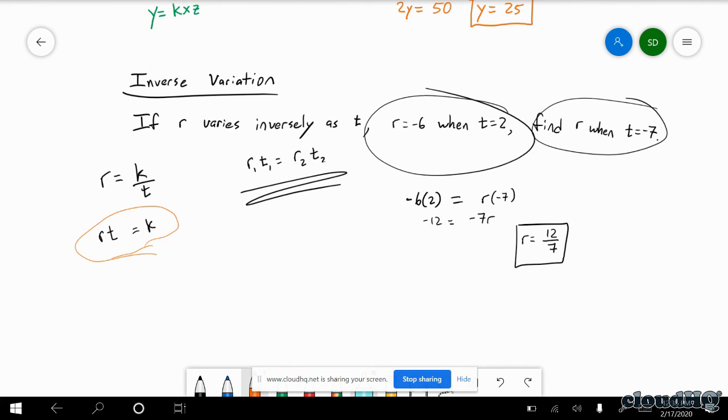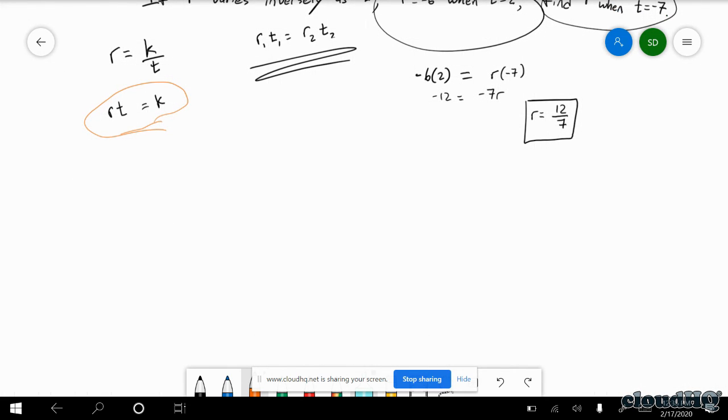We can have problems that do both direct and inverse at the same time, or joint and inverse at the same time. You can have combinations, bigger combinations of things. So let's do one where we have a combination of both direct and inverse. For our notes, you should have some time to work on the assignment. So here we go. Suppose